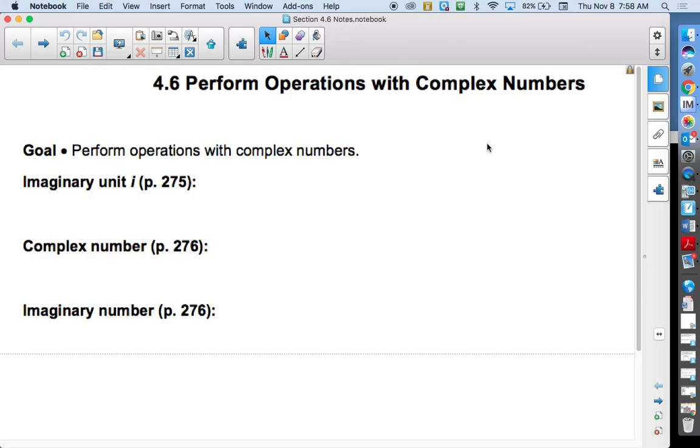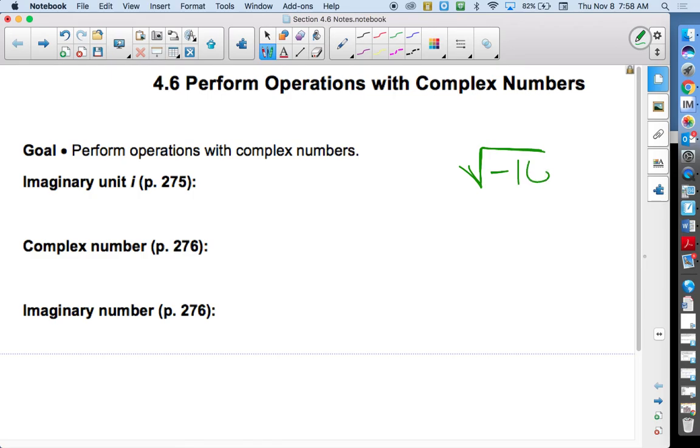Does anybody know what an imaginary number is? How you find it, where it comes from? Julie. It's a number that doesn't really exist, like if you have the square root of negative 16, it doesn't really be like 4. So he said it's a number that technically doesn't exist. No, it really kind of doesn't exist, but